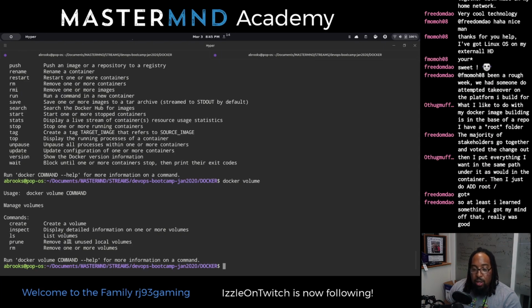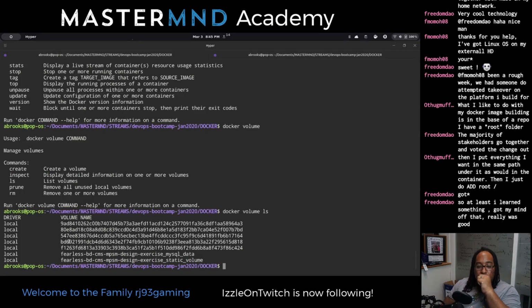So let's do a docker volume ls, so we can see if we have any volumes currently, and we do. These are older. I don't think any of these are from anything that we've done so far. We haven't done anything that would warrant this. You saw I had all those images before. I've done some other Docker stuff on here, and those tasks created volumes for us to use.